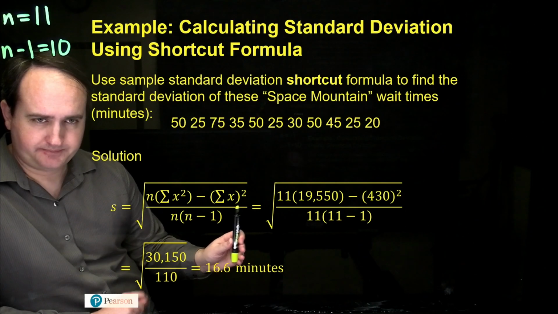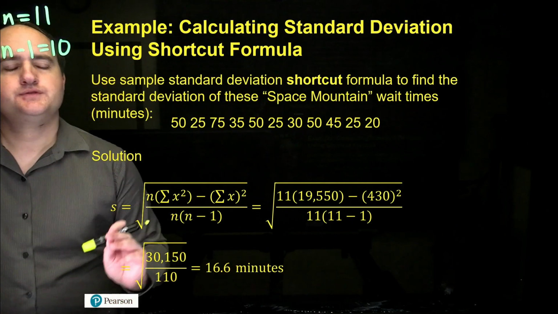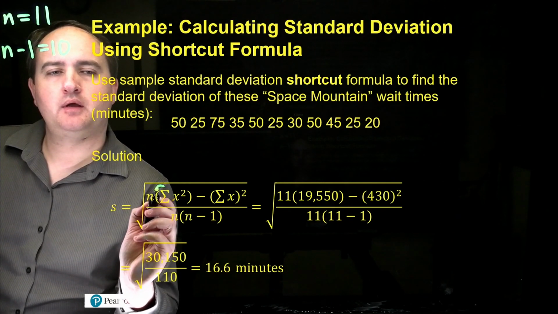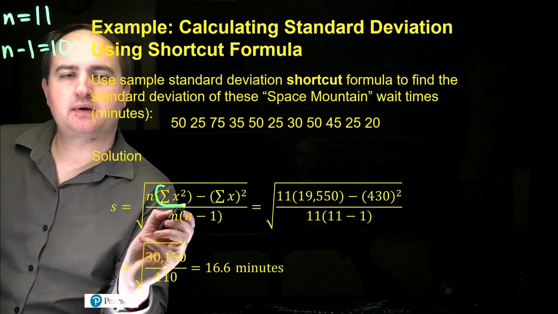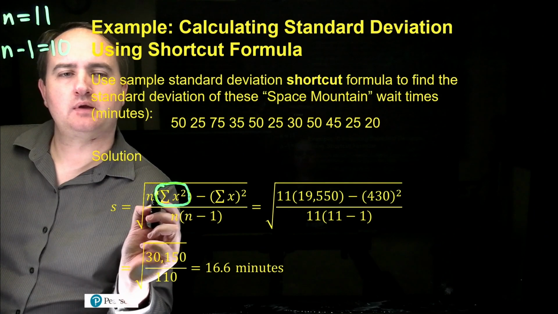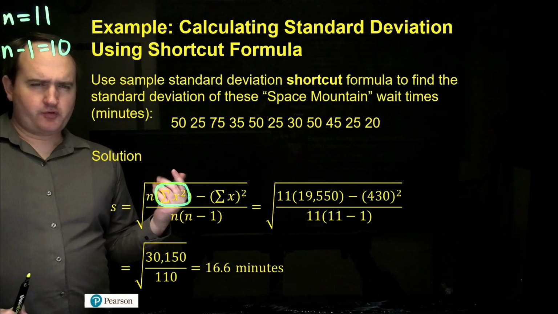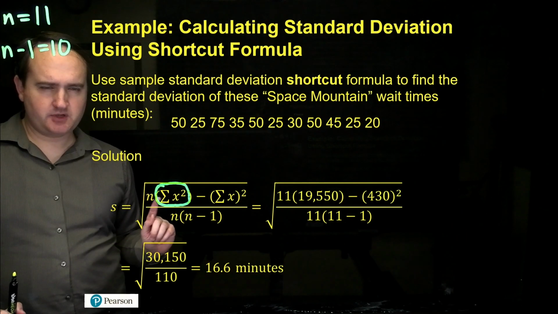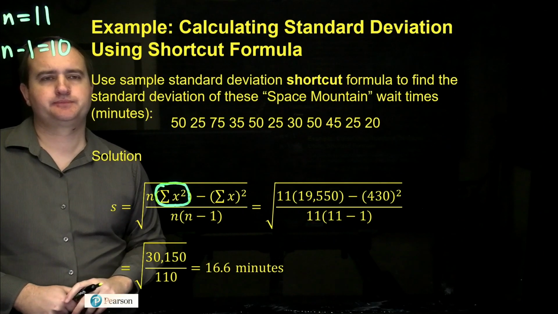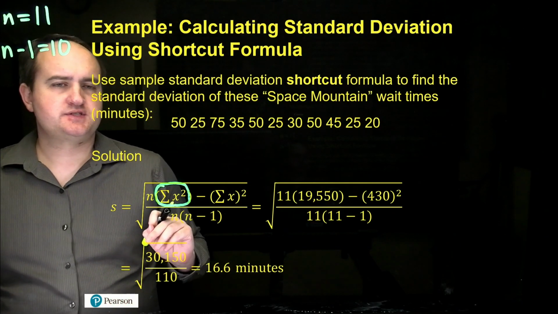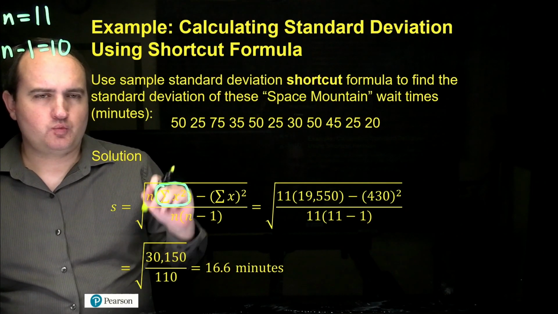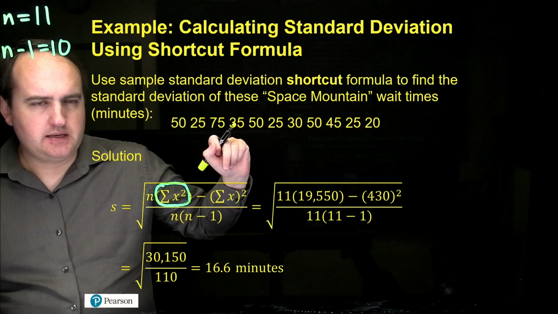and that right there. So this one right here is called the sum of x squared. Okay, so this right here is the sum of x squared. It's called the sum because it has the sigma notation, which means you add up the squares of all the data values. Okay, so sum of x squared is the way we read that. And it means we square each data value and we add them all